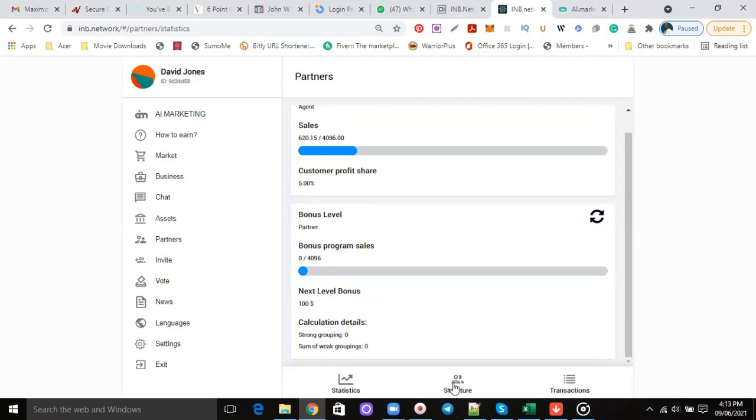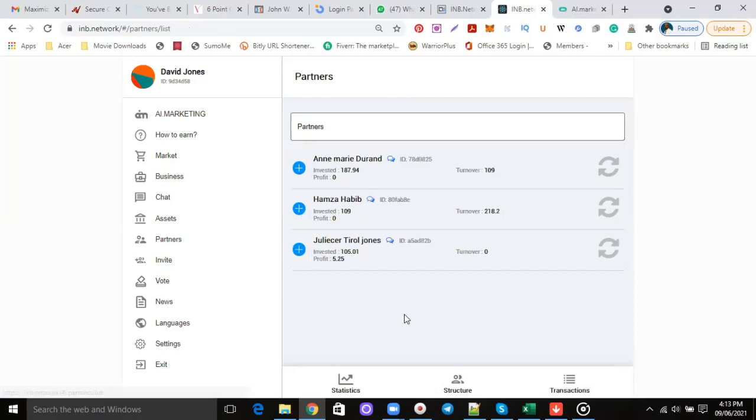As I click on structure, you'll see that I have here 3 persons: Anne-Marie Duran, I have Hamza Habib, and I have Julissa Terrell Jones. So I have 3 persons under me, and all 3 persons have invested in their robot. As seen here, you see invested, and it shows you the amounts. And these amounts